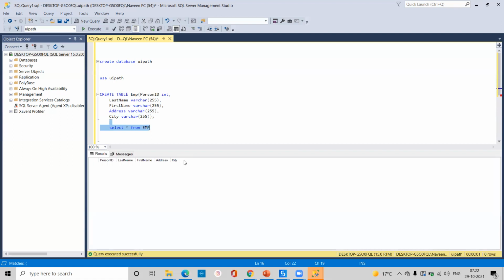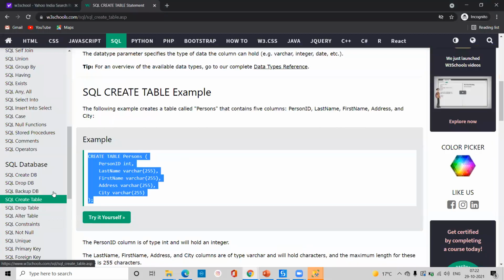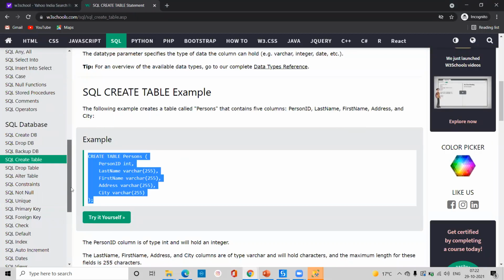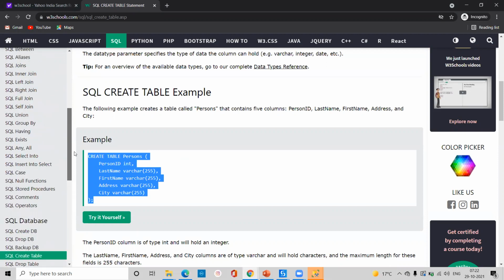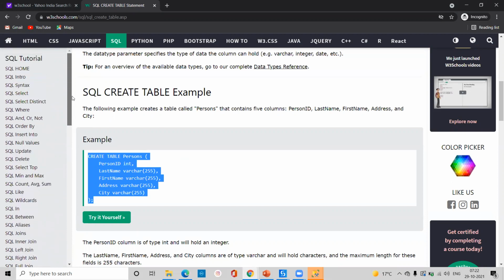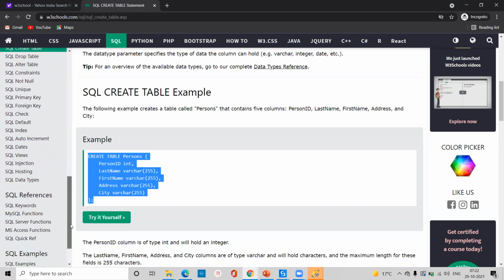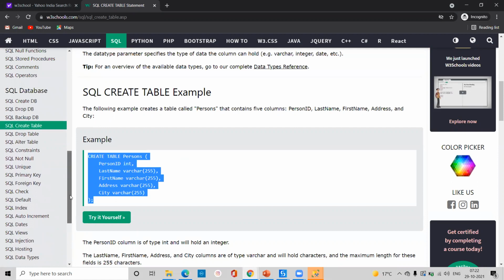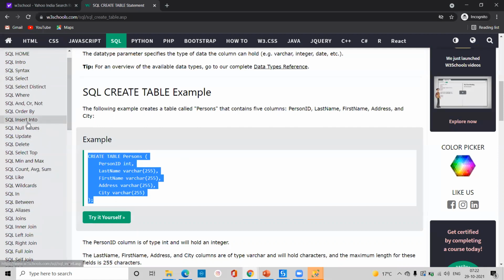Okay. So right now we have to insert the data. We'll come again and check the insert part. So we will use the insert function also in this part. Insert. Okay.